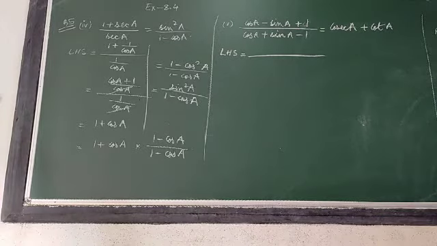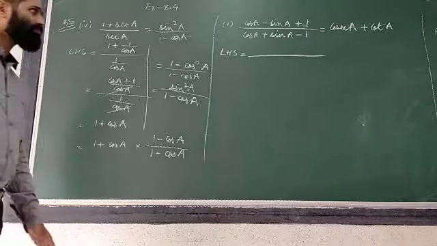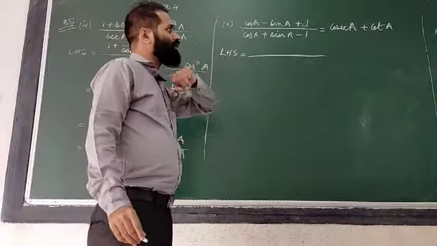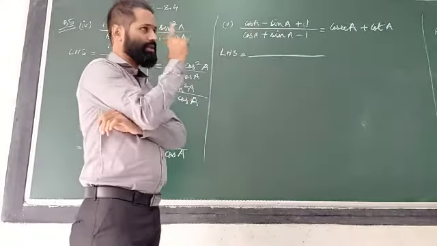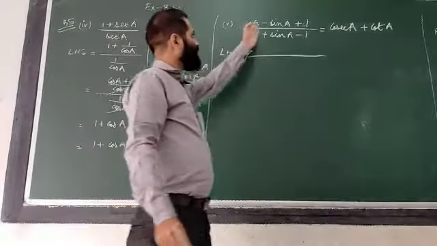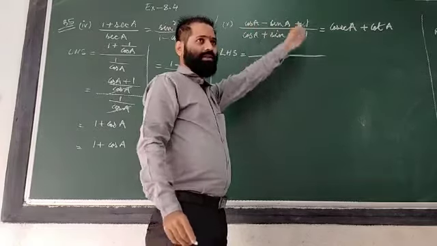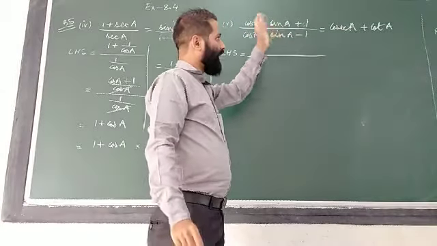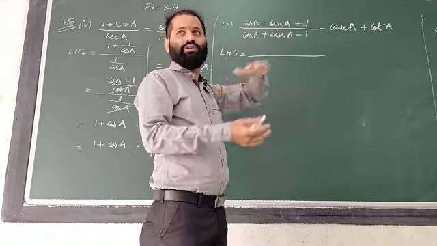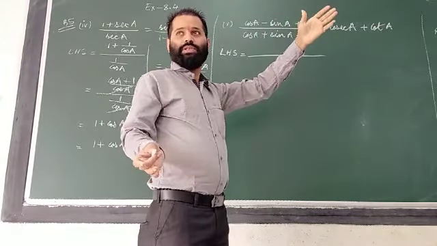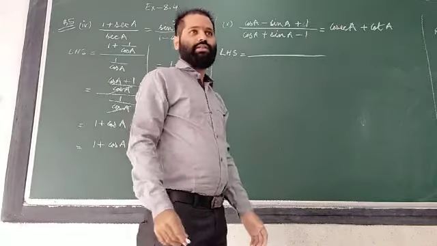One question can be done in different ways. It's up to you. I'm teaching you one method. There are many more methods, it's up to you how you want to solve. I'm just observing that my RHS is cosec A plus cot A. Cosec means what? Think nicely. Remember that whenever you have three terms like this, we need to make it easy. Otherwise it will be difficult. You will solve it, it will come to 2 pages, 3 pages, and finally you will see that your answer is not reached.